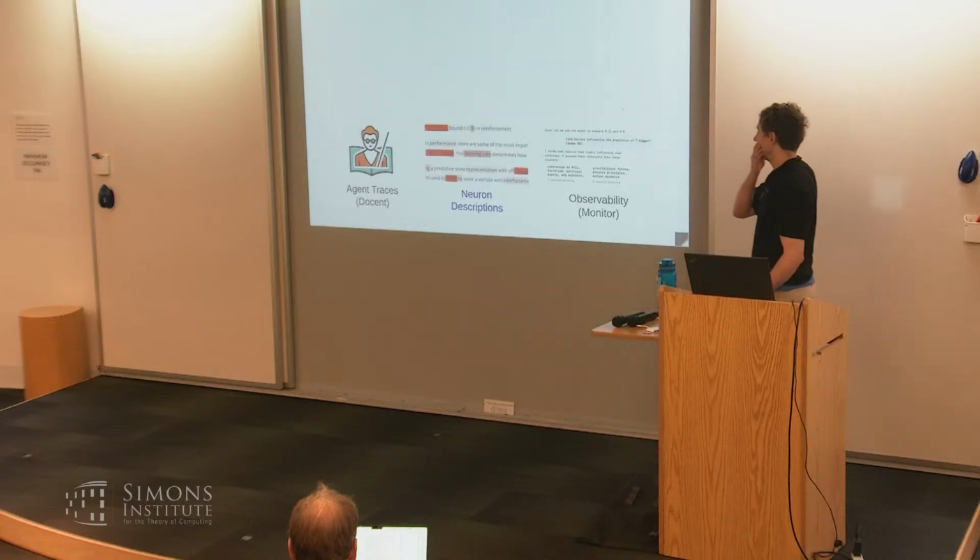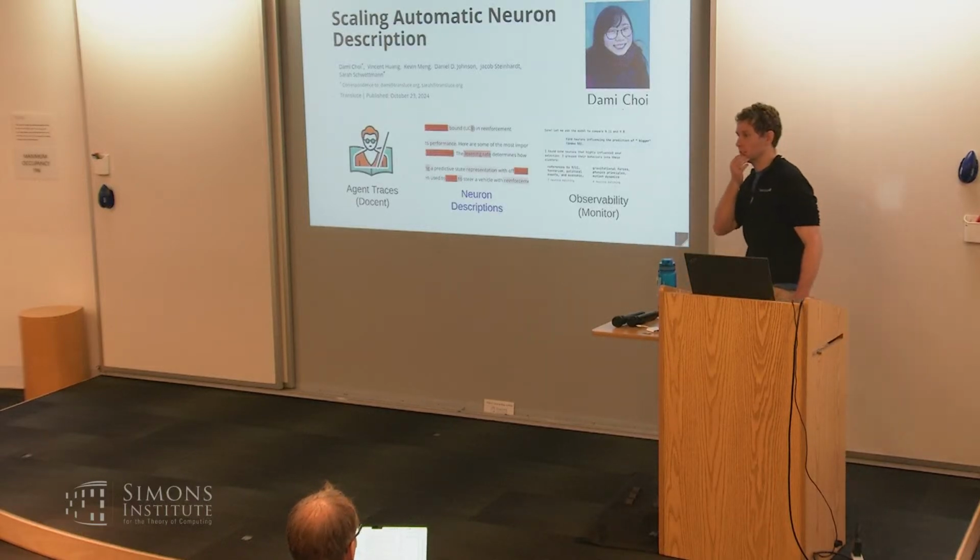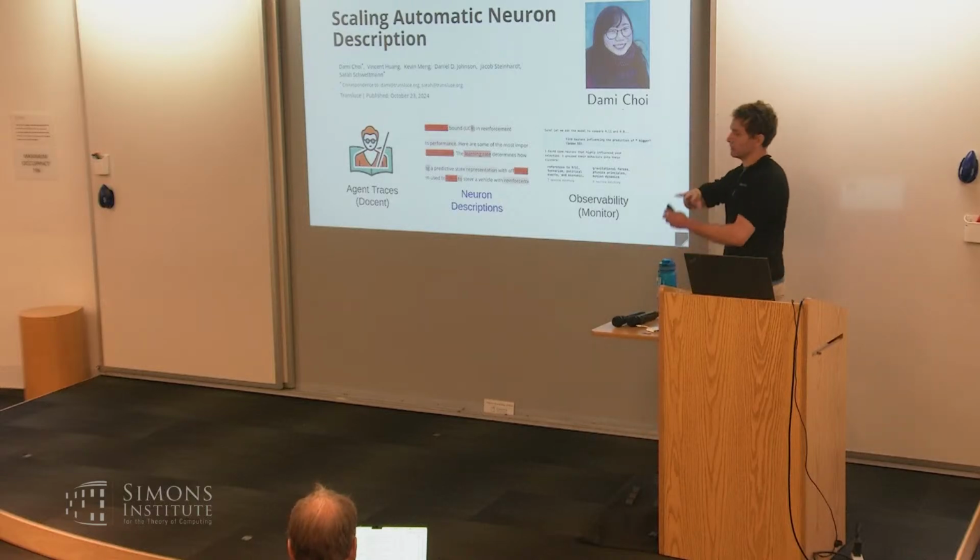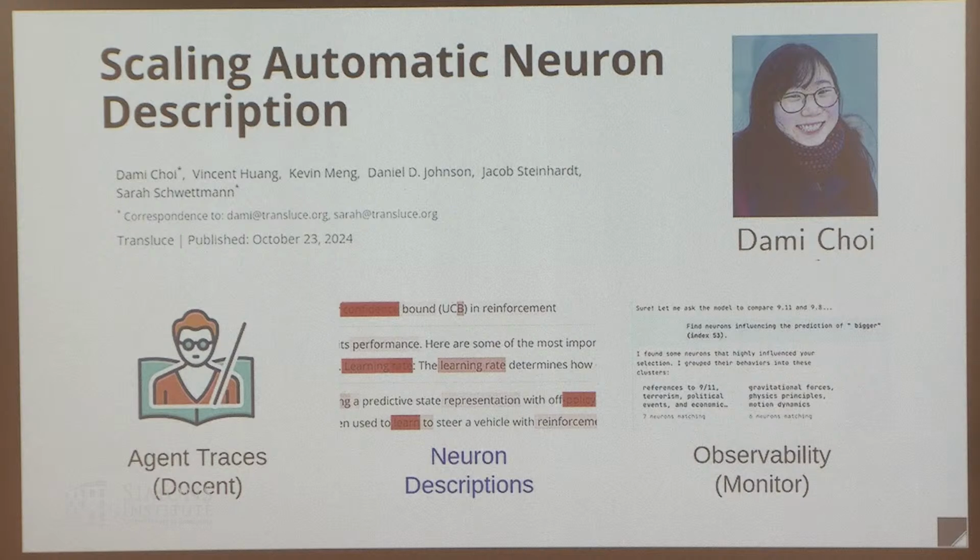Okay, let me move on to the next part, just in the interest of time. I talked about looking at this massive data set of transcripts, but there's another massive data set: if I run one forward pass of a language model, I get on the order of 1 million or more neuron activations, and it would also be nice to understand what these activations mean. In the same way that we might want to decode brain data from a human. That's really hard, but maybe it's a little bit easier for a language model because we can have complete interventional control over the system in a way that we don't for human brains.